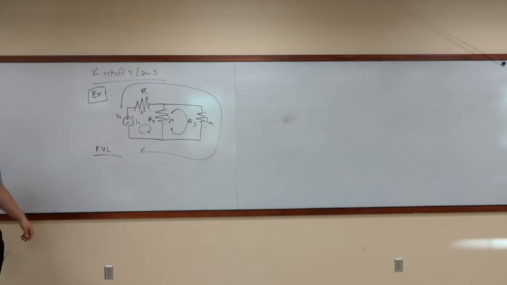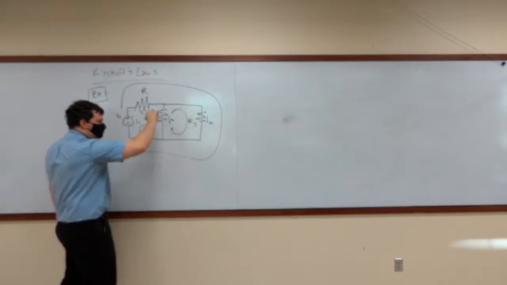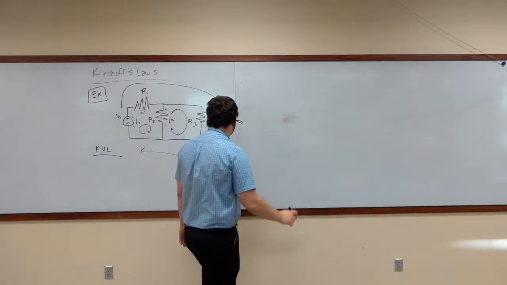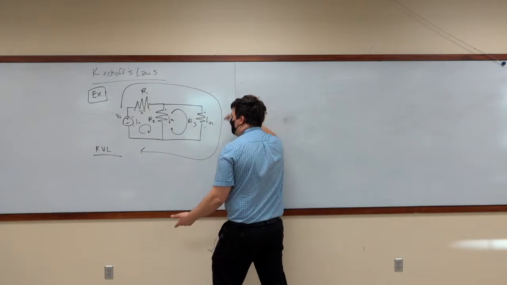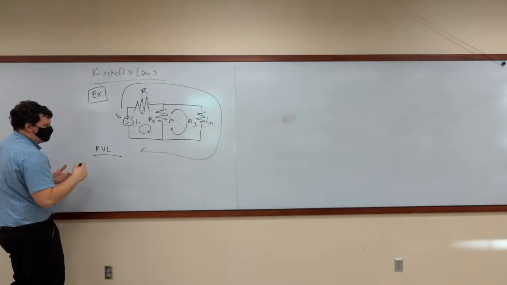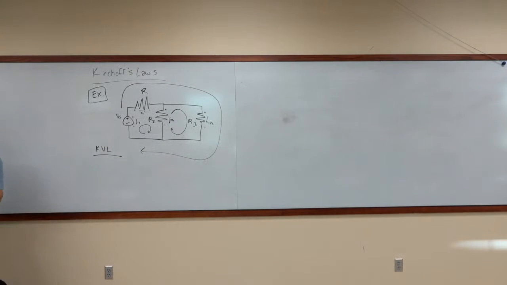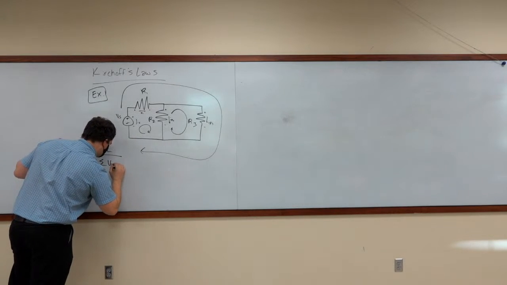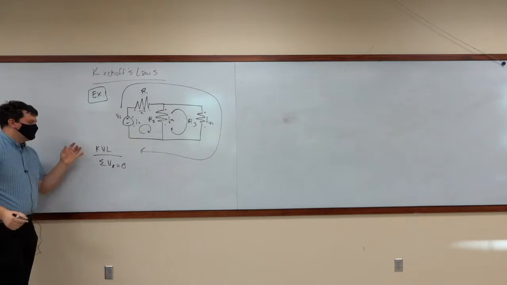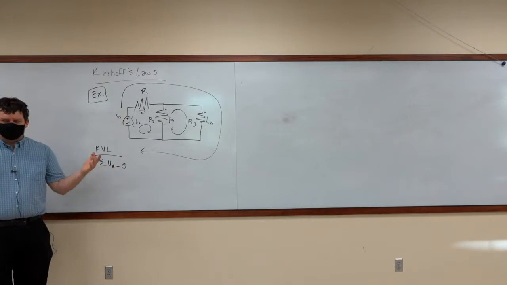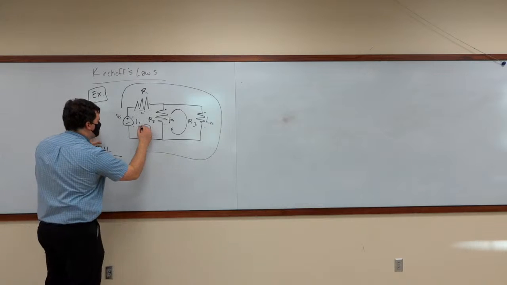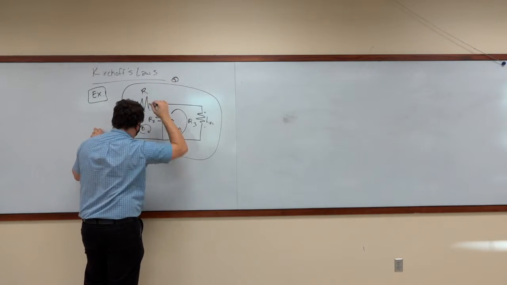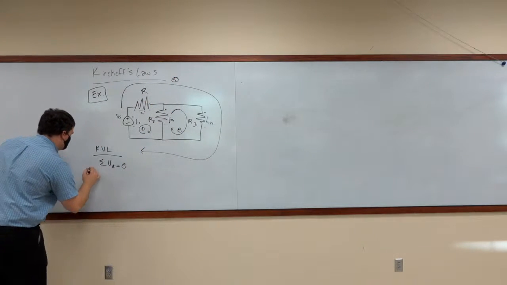So all current that goes through this loop, all current that goes through that loop, and all current that goes through this loop. What we have here is we can now write out our KVL equations. So what is the KVL equation? The sum of the voltages in a loop is equal to 0. So when we write out our KVL equations, we're going to number our loops. I'm going to call this one loop 1, this one loop 2, and this one loop 3. So, for loop 1,